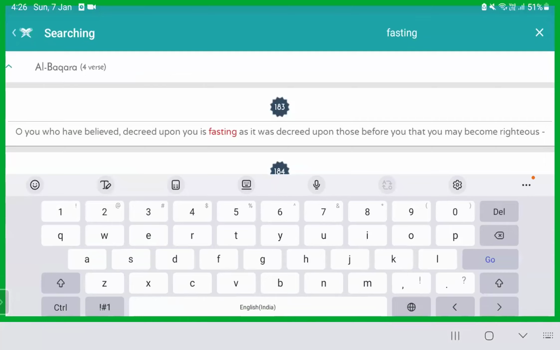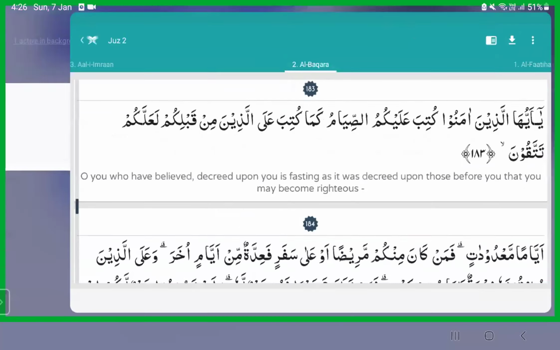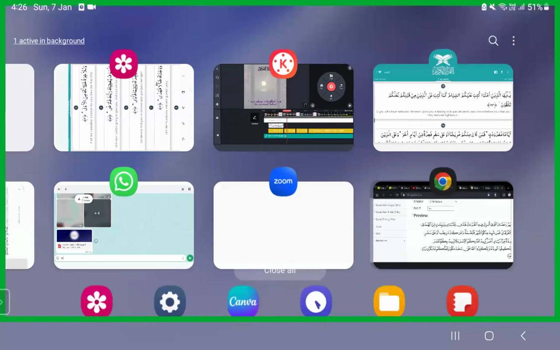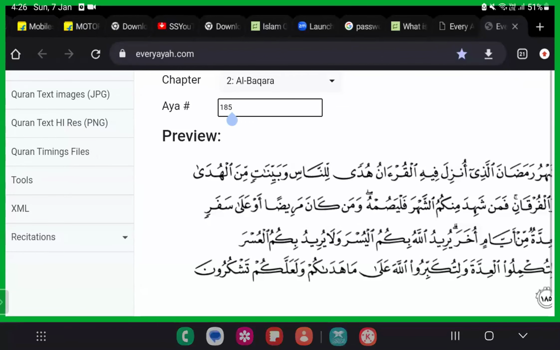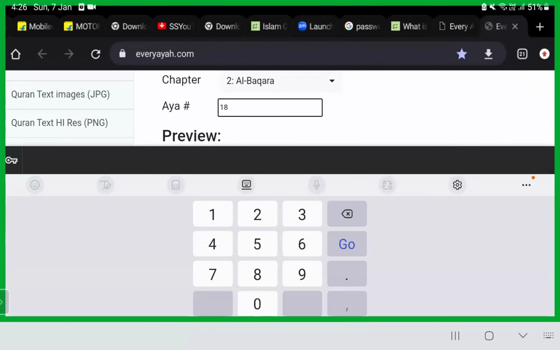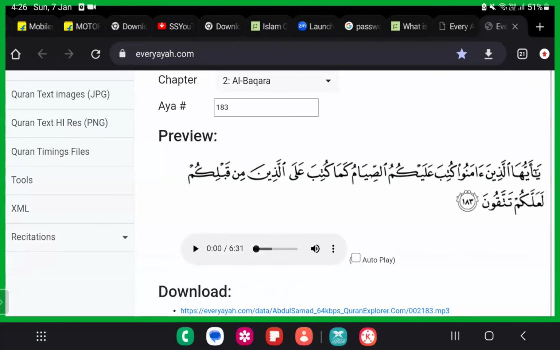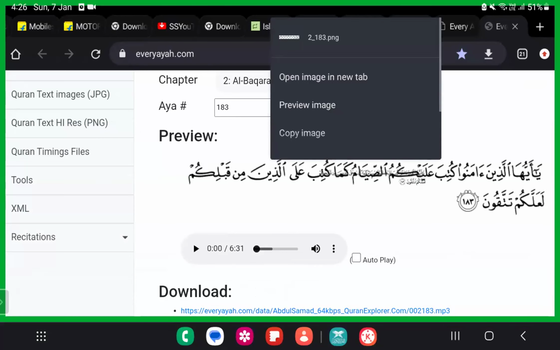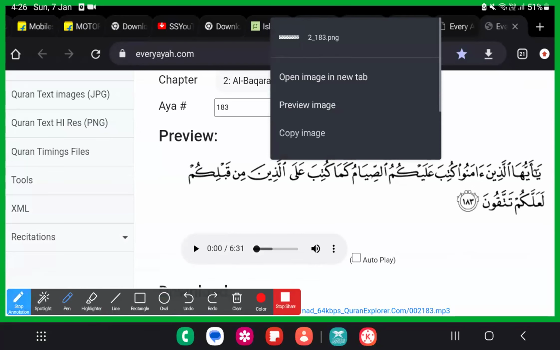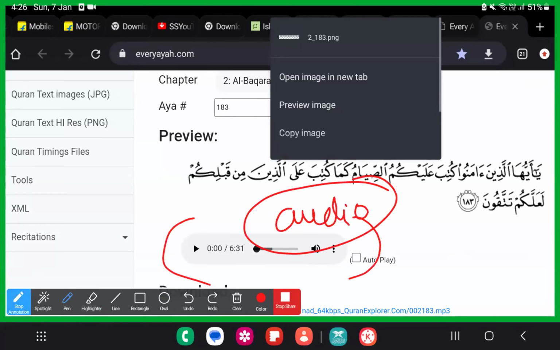So you can go to the 183rd ayah and you have the words that were typed there, right? You can take this Arabic verse and take the translation from there, and put it in your videos and edit a simple video, one ayah video from this. Where is the audio? You have the audio here, a single audio. The audio is available here.